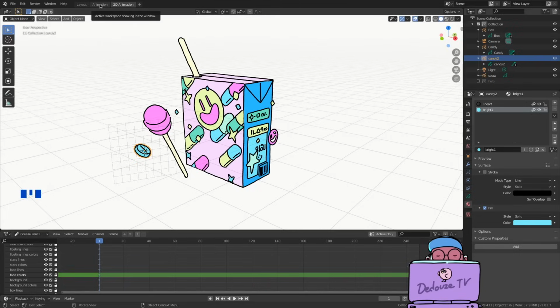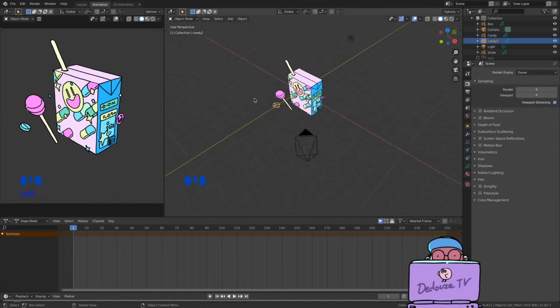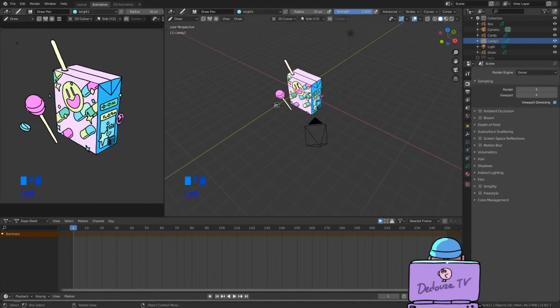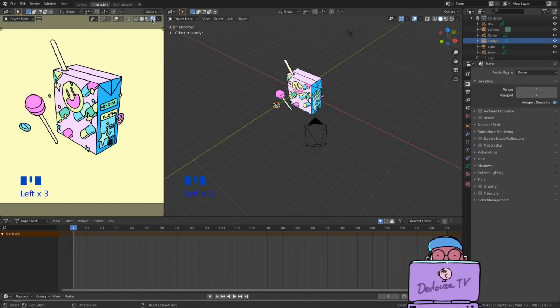If you go in the animation tab up here, on the left side you have a preview of the render. It will be the exported image on your computer, and on the right side you have a global view of the scene as we saw before. Also, if you're in draw mode here, you have to scroll to find the last part of this menu, so it's better to be in object mode here. And to see the final render colors, just click on the last sphere in this list.